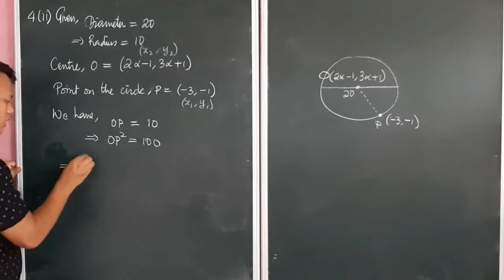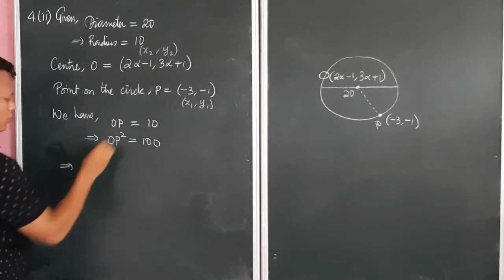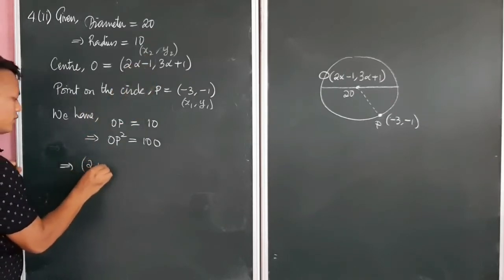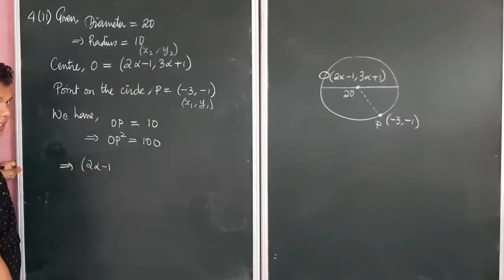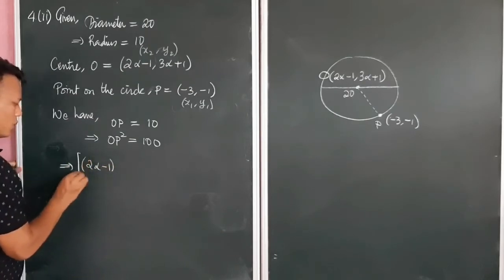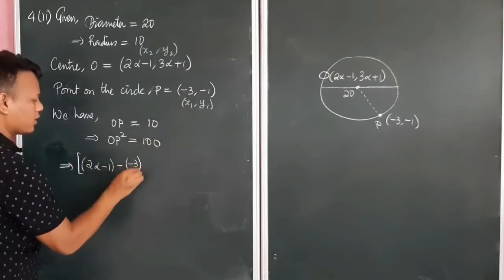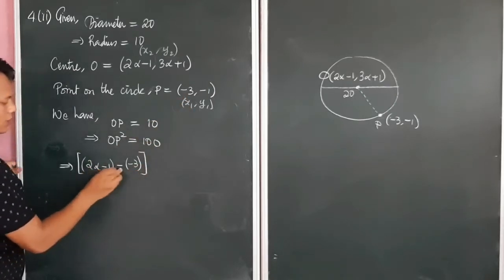All right, so we have x2 minus x1. What is x2? x2 is 2 alpha minus 1. So we have 2 alpha minus 1, this is my x2 minus x1. x1 is how much? It is minus 3. So x2 minus x1 whole square